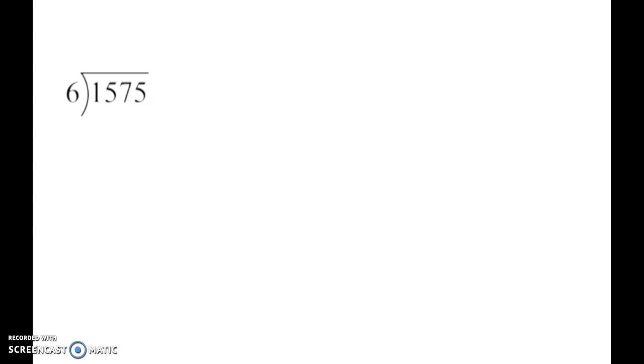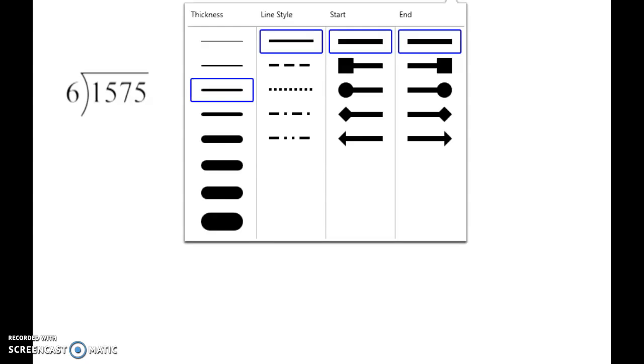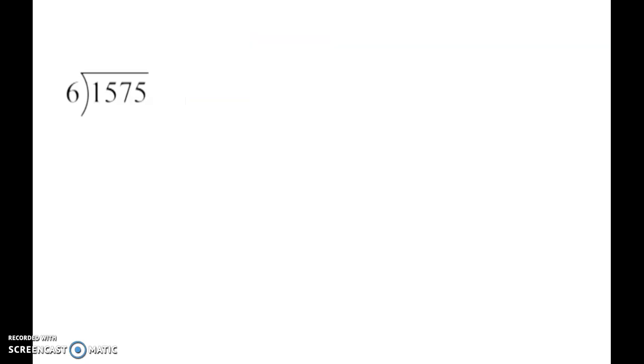All right, everybody, today we're going to practice dividing by taking out groups of 100. Previously, we were doing this by taking out groups of 10. Now we're going to start by taking out groups of 100. Okay? The first step is we need to figure out in hundreds, how many hundreds can we take out of